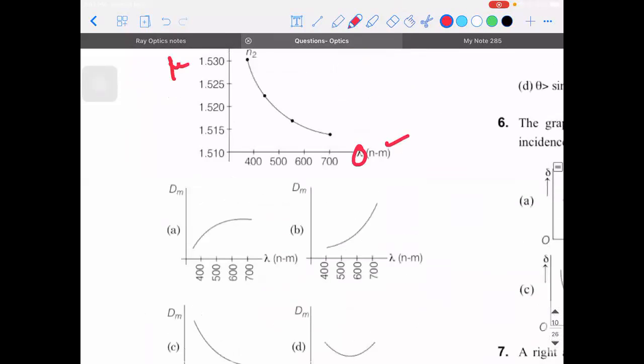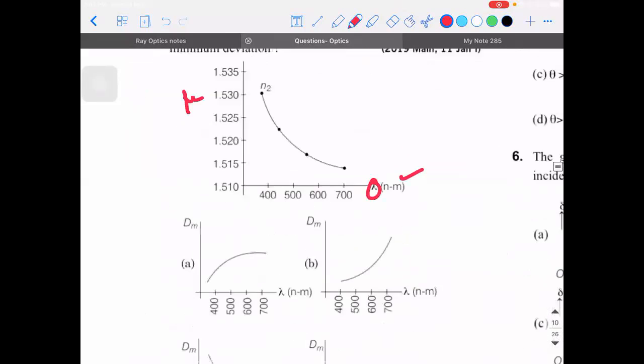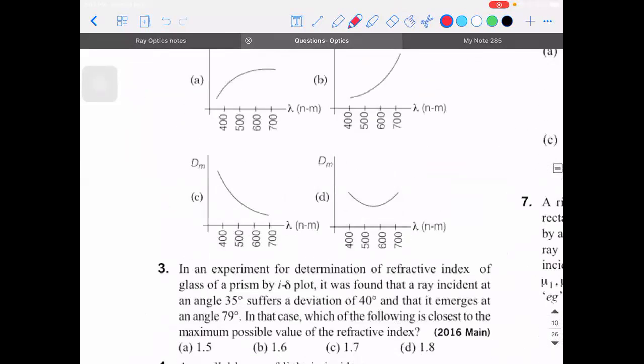So which one is right? What will be the common mistake that we'll make? You'll say answer is D. Correct? We have seen the shape. But this answer is wrong. Why? Sir, it is with respect to angle of incidence, and it is not angle of minimum deviation. The angle of deviation, angle of minimum deviation will be somewhere over here. That is a point. But here, dm stands for the angle of minimum deviation.